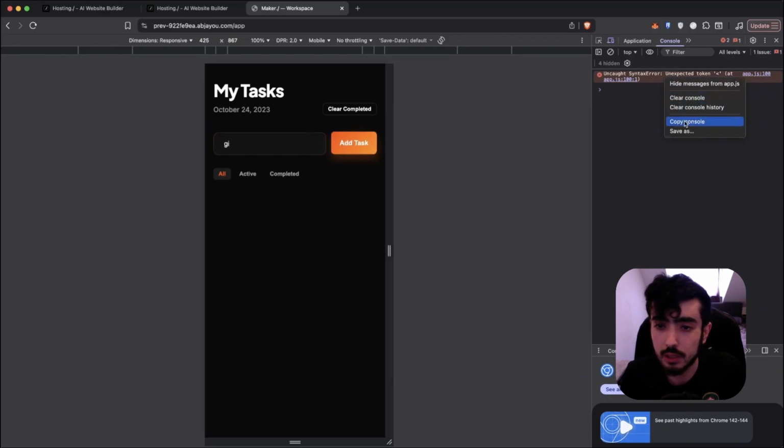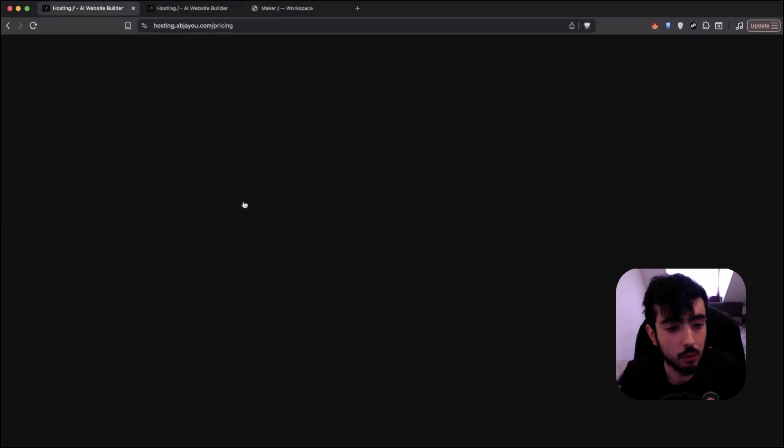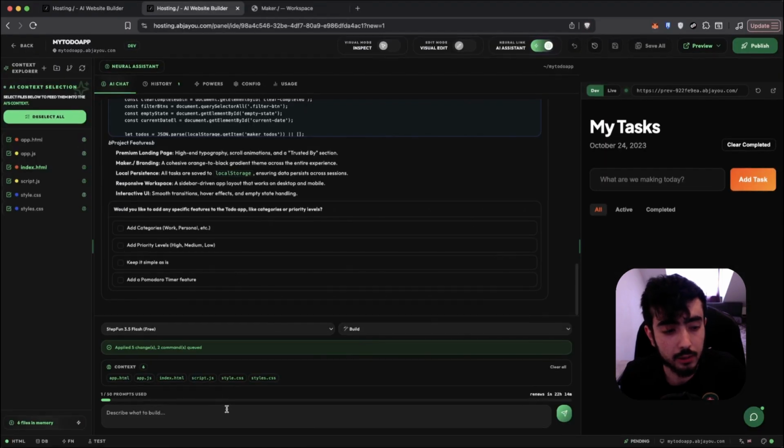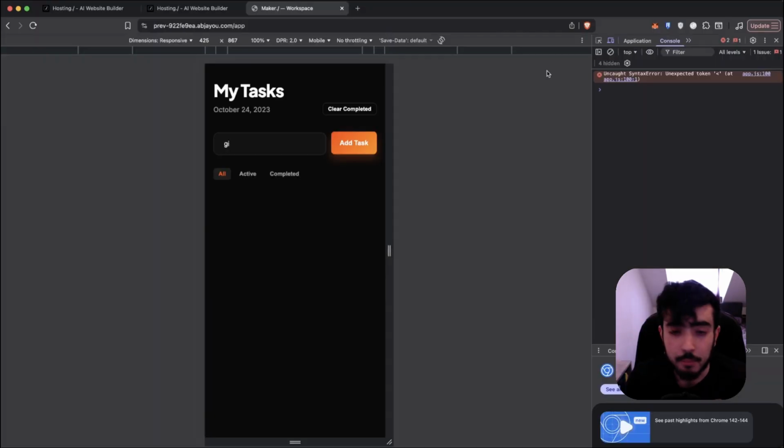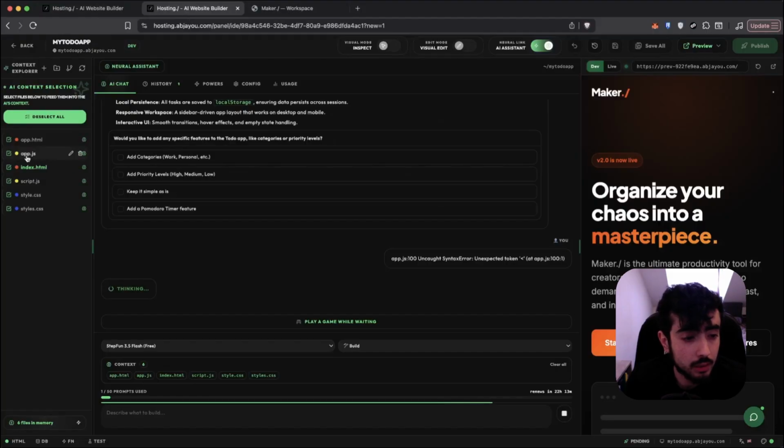So let's just copy the console and go back. This is something you can always do, guys. Copy the console and go back to the AI and just paste this and send it. And I hope it solves this issue. By the way, we can also check where this is. It says on app.js, line 100. So we can actually go back here, go to the code and check on the app.js